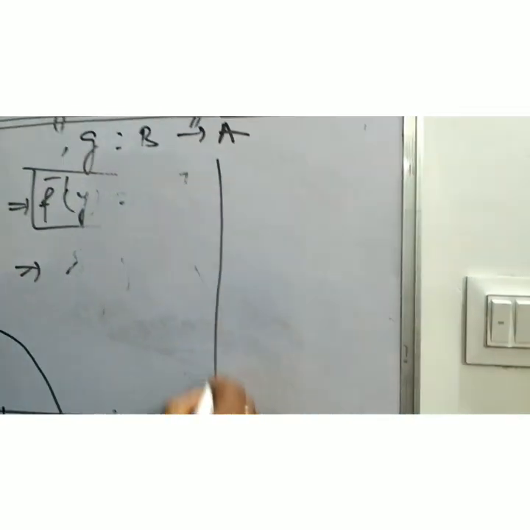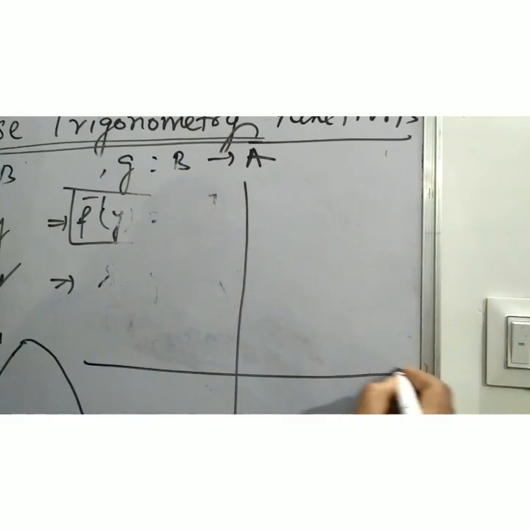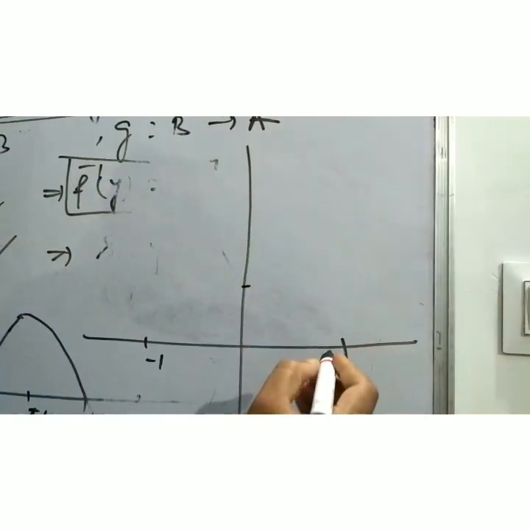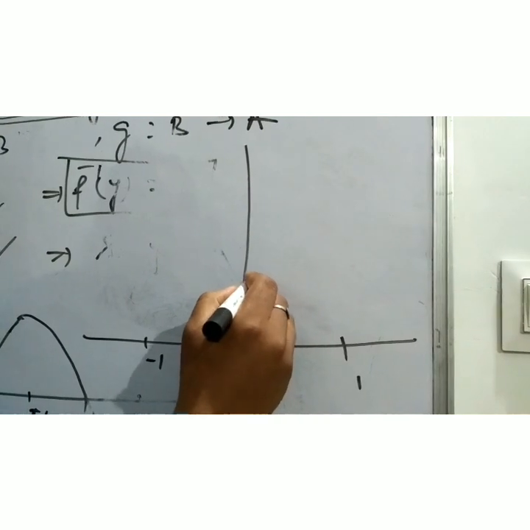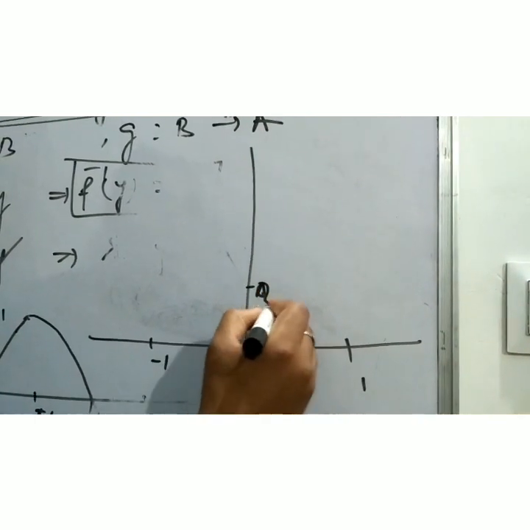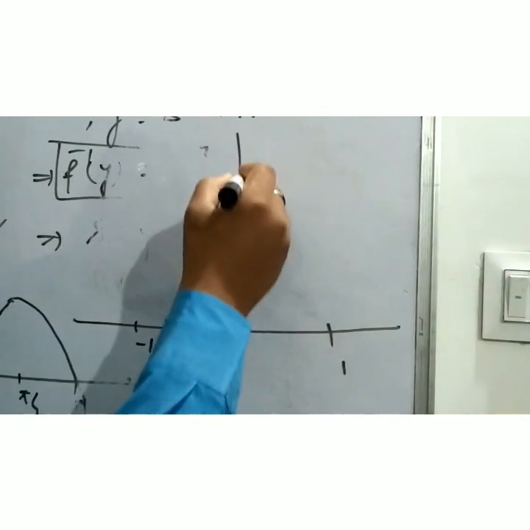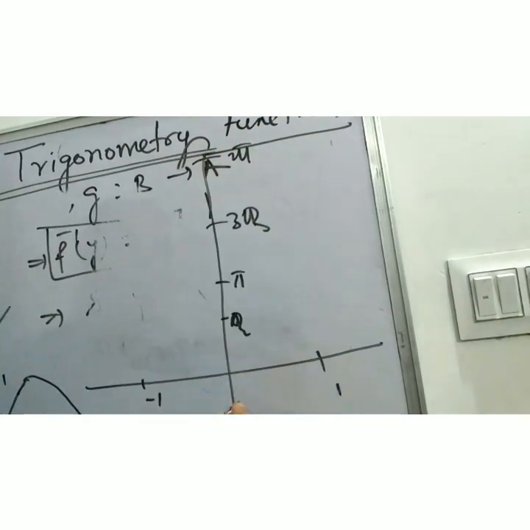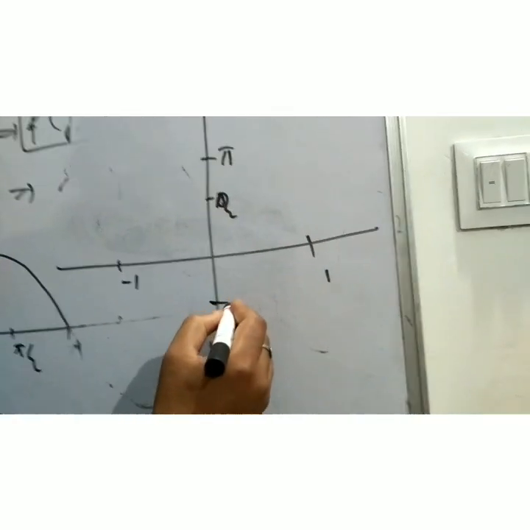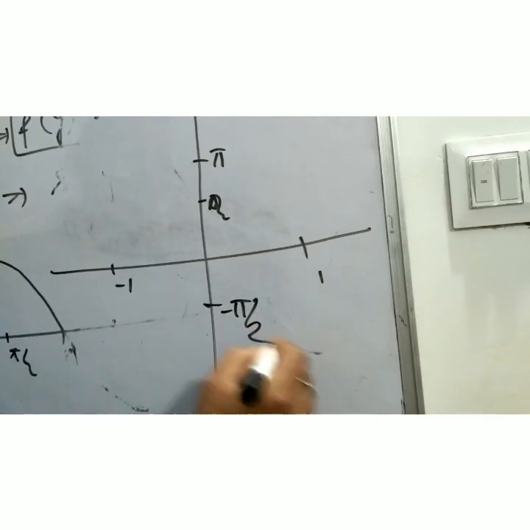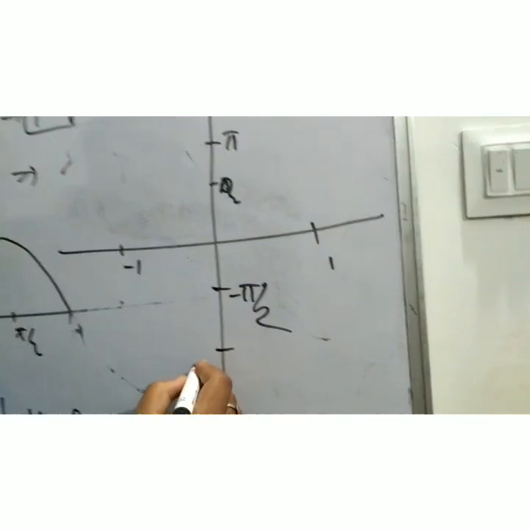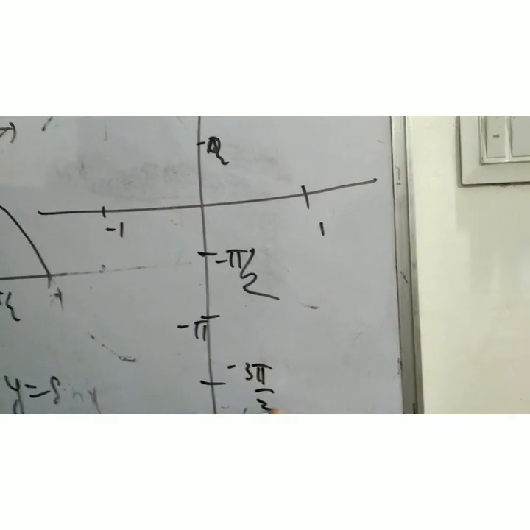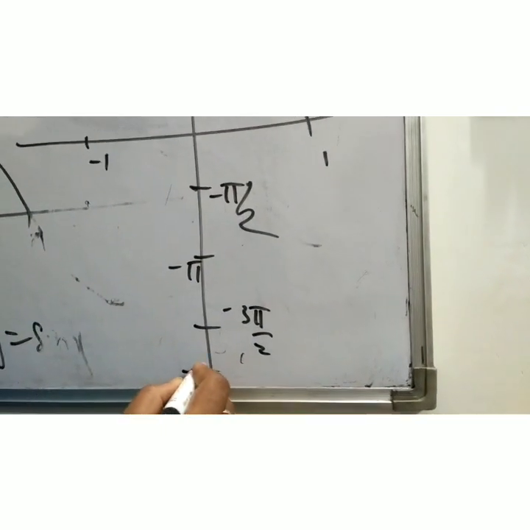For example, in this case 1 and minus 1. Then it will be pi by 2, pi, 3 pi by 2, 2 pi. Then minus pi by 2, minus pi, minus 3 pi by 2,